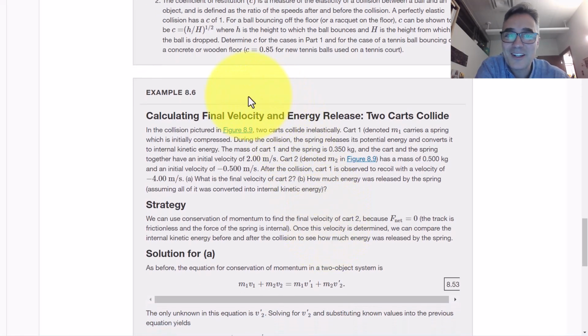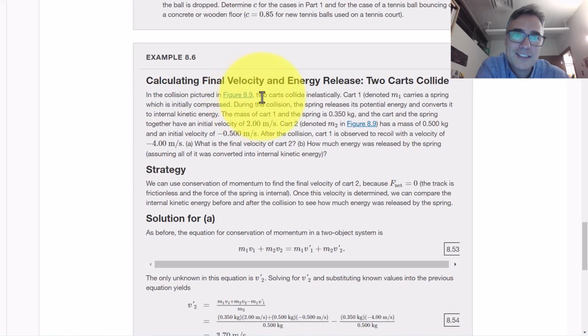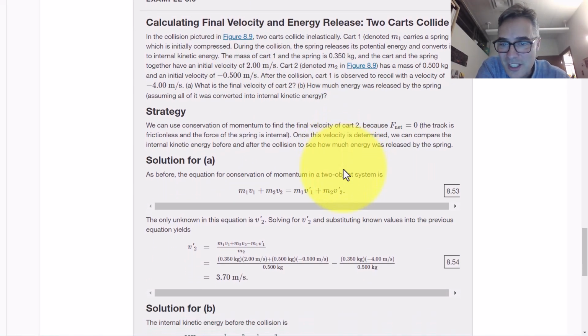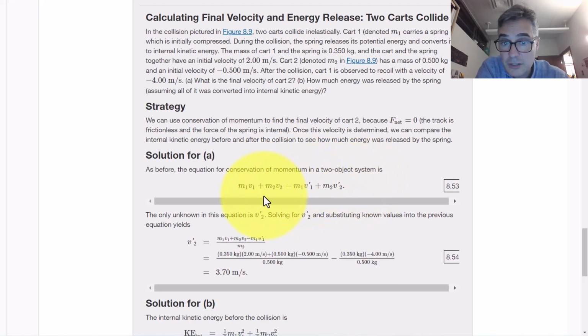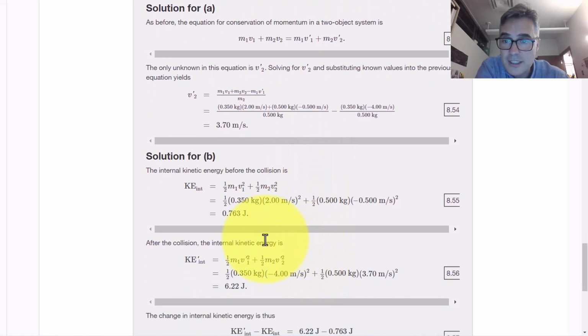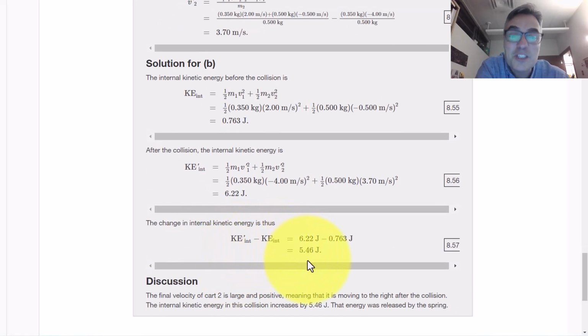So there's been a decrease in kinetic energy. There's another example here of a third category of inelastic collisions in which the kinetic energy increases. So it's kind of strange, but they tell you the recoil velocity, and so you can calculate by conservation of momentum all the velocities. And here you find that the final kinetic energy is bigger than the initial kinetic energy. So what happened is that when they collided, there was some potential energy stored in a spring, and then something about the collision triggered that spring to release its energy. And so sometimes I call it an explosive collision, because you've triggered something to release, often chemical potential energy, or in this case, spring potential energy.